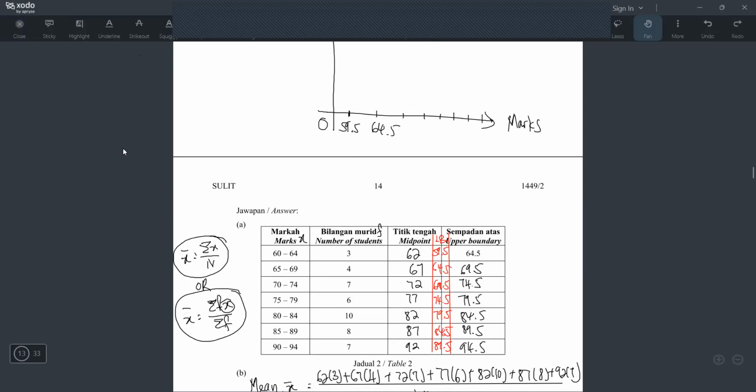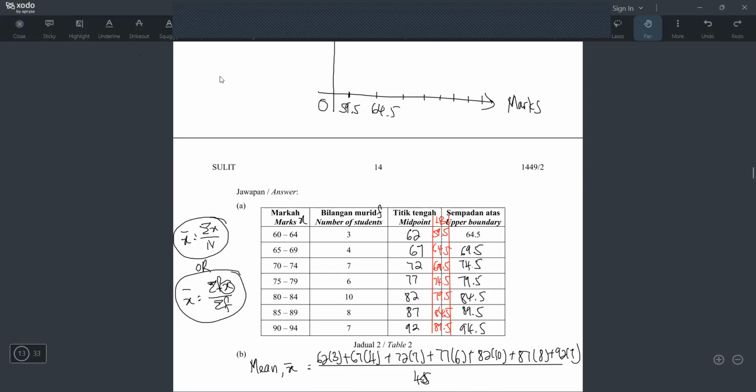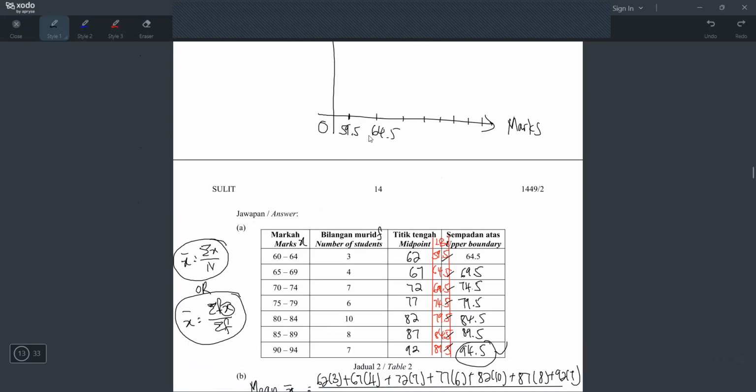Okay, until where? Until 94.5. It means you will go like this. 1, 2, 3, 4, 5, 6, 7. And ini pun kena. It means you kena pergi macam ni, macam ni. 1, 2, 3, 4, 5, 6, 7, 8. Okay, so dia akan jadi macam mana? 1, 2, 3, 4, 5, 6, 7, 8, and then this will be 94.5. And yang nilai in between tu you tulis sendirilah.